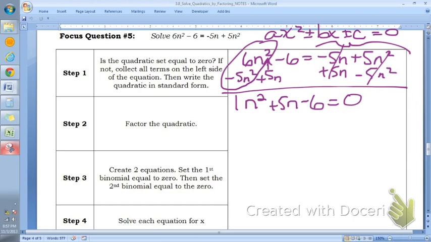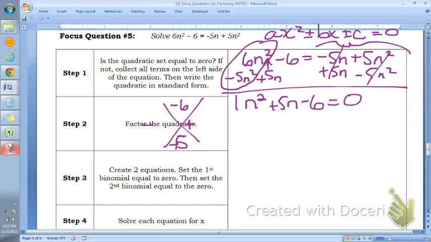Alright, I have a quadratic trinomial. My a is equal to 1, so this is just an x factoring. C is equal to negative 6. B is equal to positive 5. Because my top number is negative, I need opposite signs, and the bottom number tells me which one's bigger. So I have a negative and a positive number,